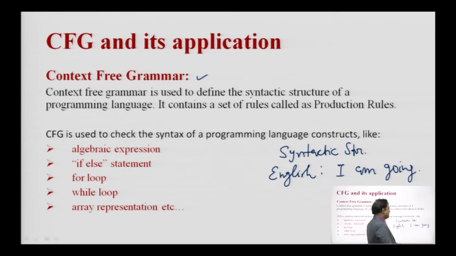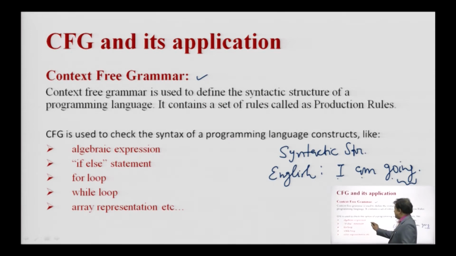This is the syntax: first we write the pronoun, then the helping verb, then the verb followed by ing, and at last we terminate the sentence by the dot sign, that is known as the full stop. Similarly, we have the syntactic structure of the programming language.